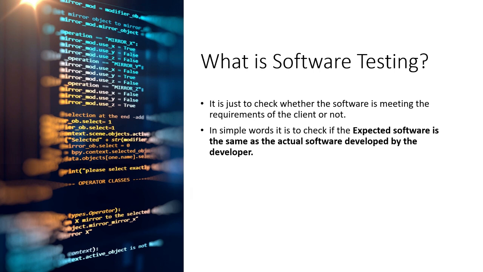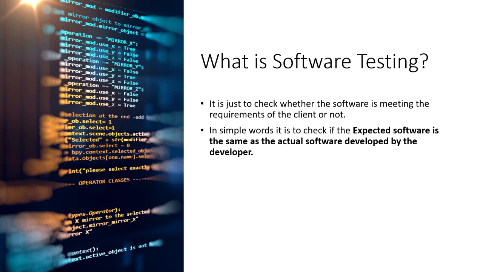So you have to make sure that if the client is saying the color should be red, the color should be red. During my work, I've seen some of my junior testers come up to me and say, that's not a defect because anyhow the error message is coming. It doesn't matter which color it is coming in. It matters because that's the client's requirement. You as a tester need to follow all the requirements of the client as a religious book, as a rule book. And if it is mentioned in the rule book that this should be like this, then it must be like this. Simple thing. Expected and actual must be the same.